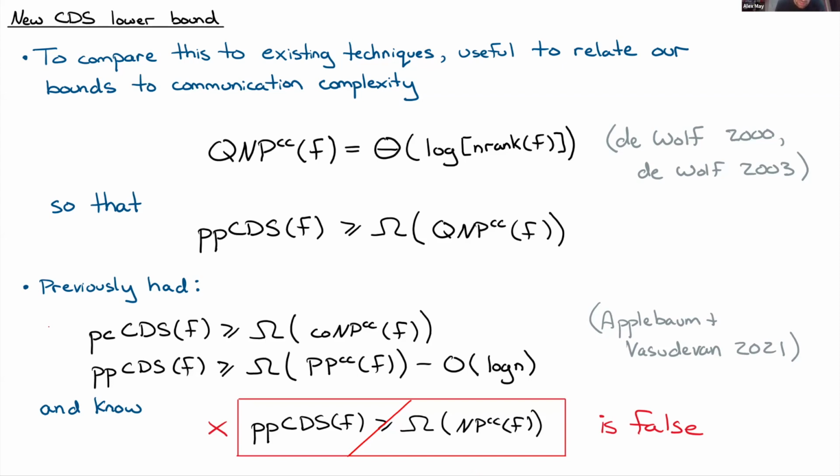Okay. So this was the status before our work. Looking at this lower bound on perfectly correct from this co-NPCC complexity, you might have guessed that perfectly private would have an NPCC lower bound, but that turns out not to be true. And the bound that we do have from PPCC is somehow quite weak. PP is a very large complexity class. So we add to this story, and in a way that I think fits in nicely, in that we show that while yes, there's no lower bound from NPCC, if you relax this a little bit to the quantum setting, you do get this lower bound.